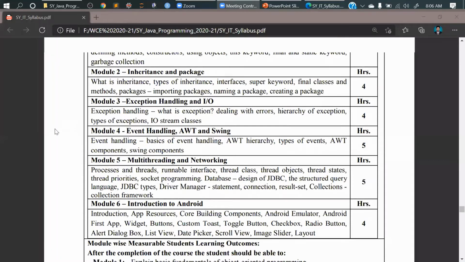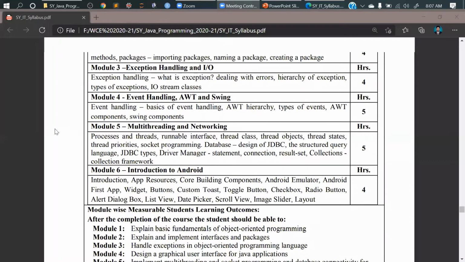When you start Android programming, that will be a part of mobile, wherein you'll be using Java techniques or the programming skills required to build an Android app. We have an introduction to different components, different emulators, how to create an app, and how to deploy it on Google Play. All these components will be cleared up in the last module.